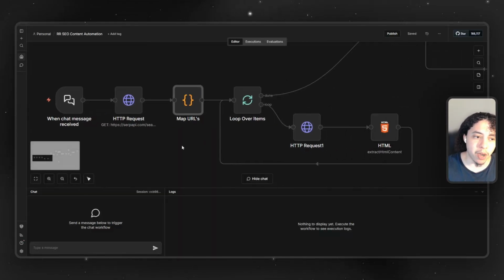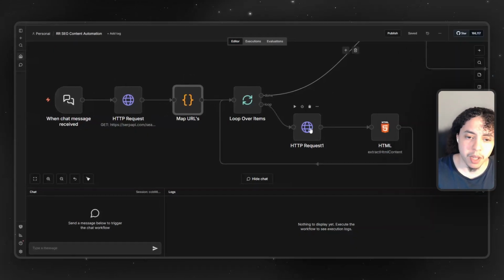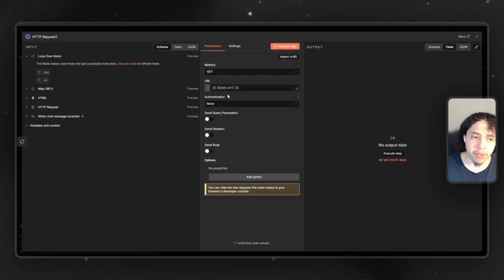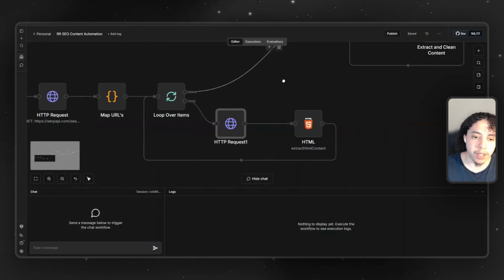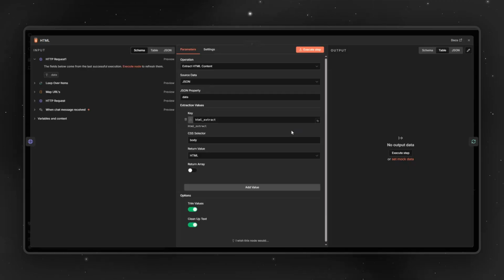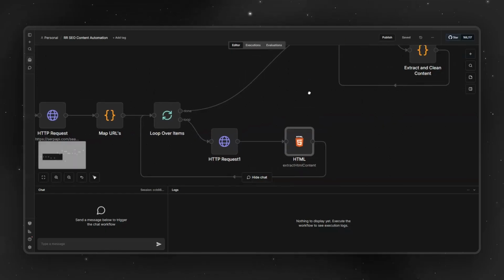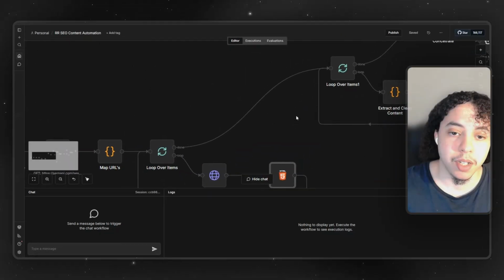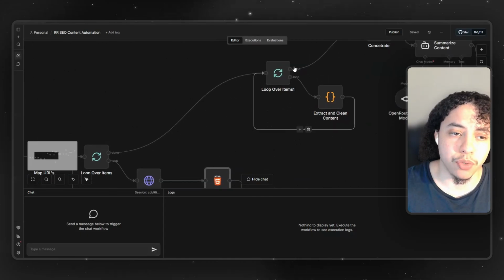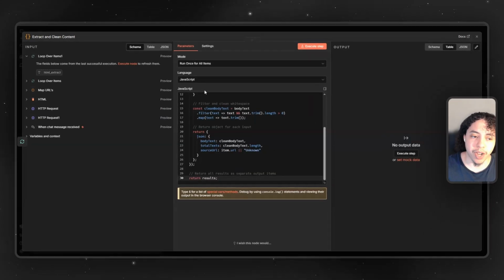Once it gets mapped out, I'm looping one by one through every URL that has been pulled, in this case 5 of them. I'm implementing an HTTP request to get the URL for each of these 5 pages. Then I'm extracting the HTML, which pulls all the content within all 5 of the pages, and that would power your competitive content gap analysis. Then it goes through a loop over, extracting and cleaning the content so it's easy to see the overall body text